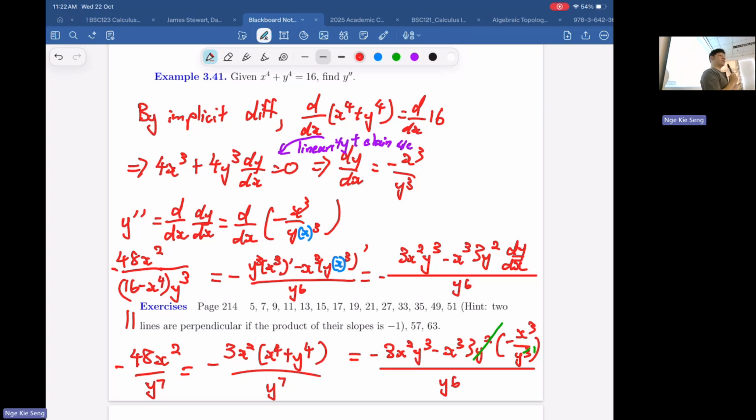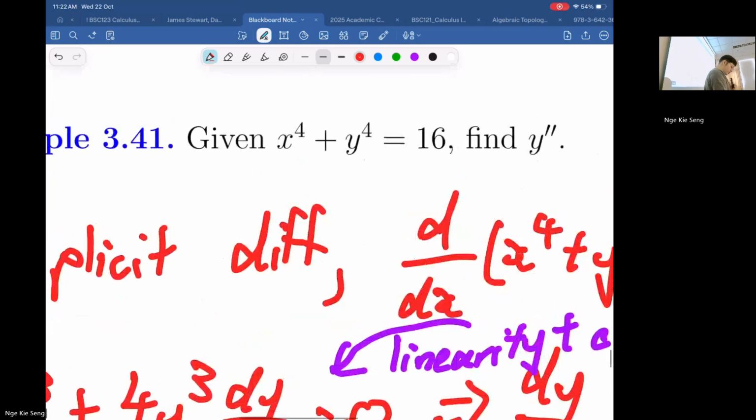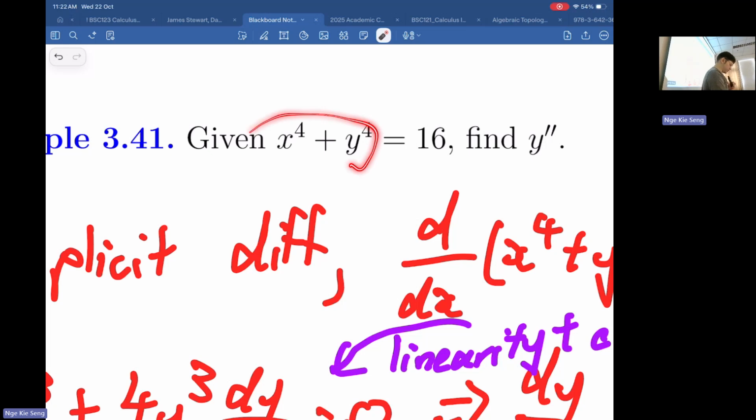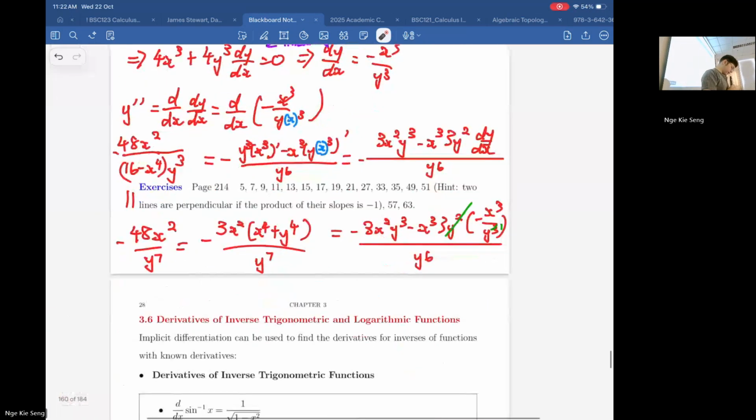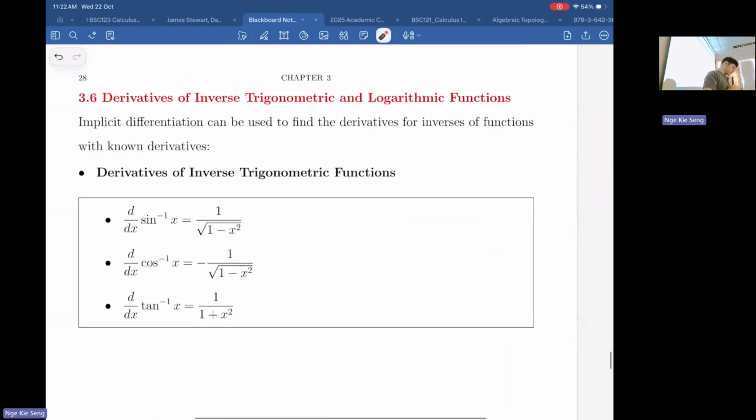Do you know when to use implicit differentiation? When you get an equation where the y is not explicit in x. You cannot write y equal to something in x. There's no way to do that, because you see that this is like a multi-value function, where there are multiple y that can satisfy this. If no question, we'll go to the next part.